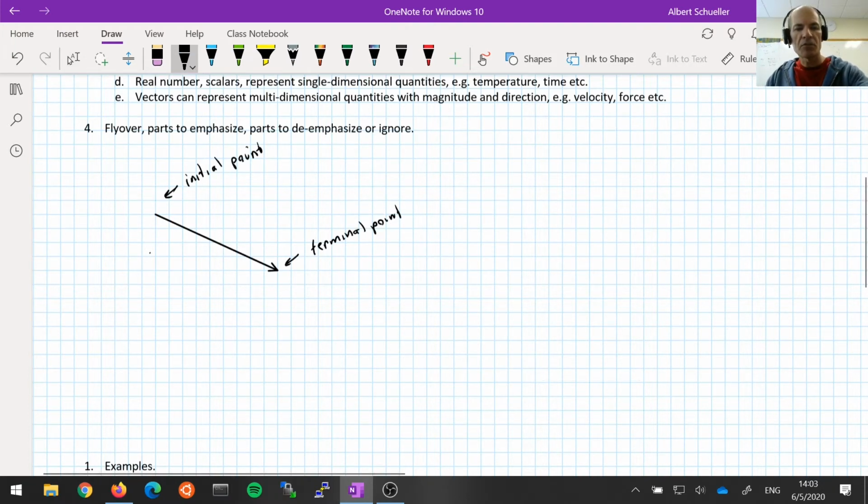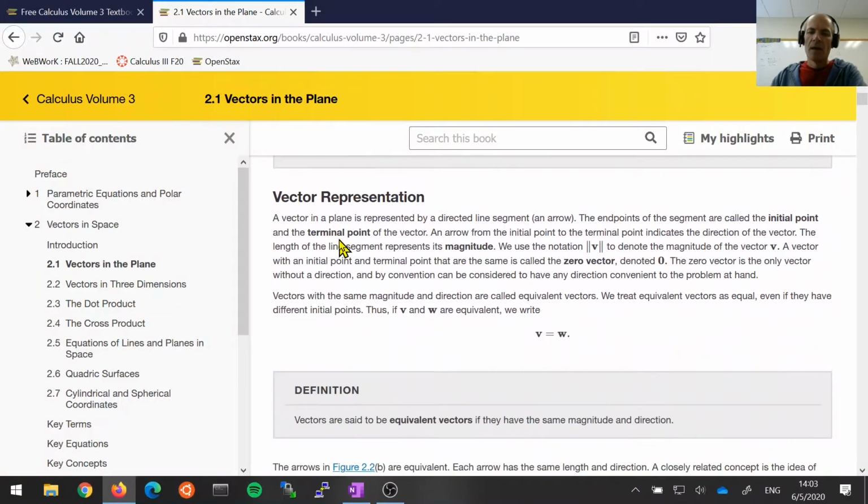That said, you're also going to encounter tail and head. And indeed, those are usually the terms that I use. But the book likes initial point and terminal point. You'll see both. All right, so